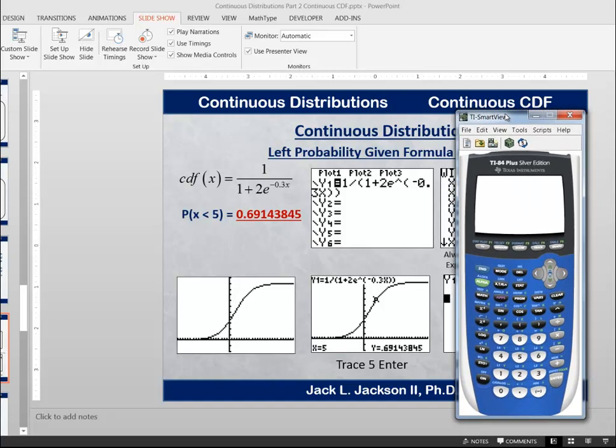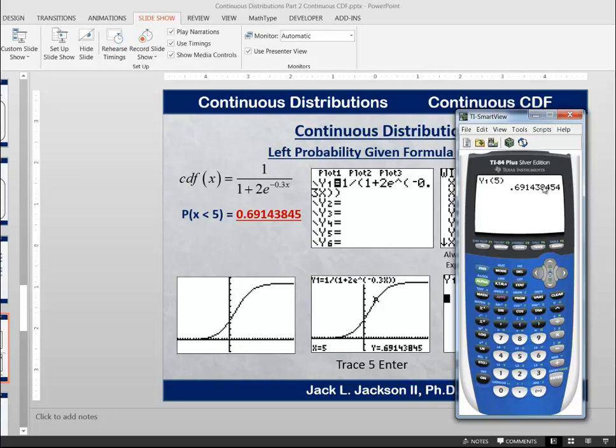Variables, then right arrow to y variables, choose number 1, which is function, and then number 1 is y1, and then you just put in the argument, which is 5. So it's CDF of 5, y1 of 5,